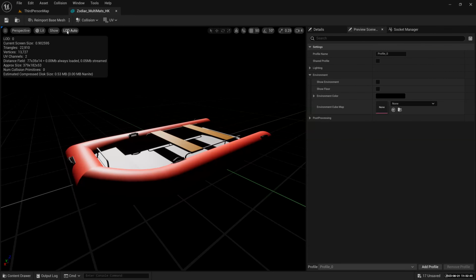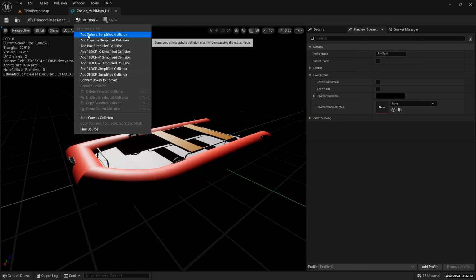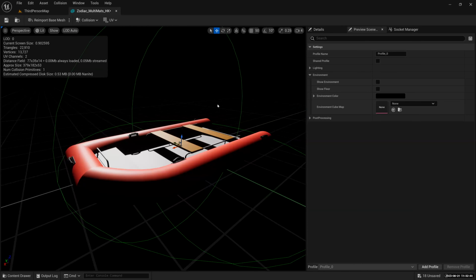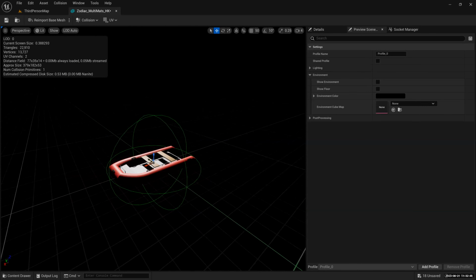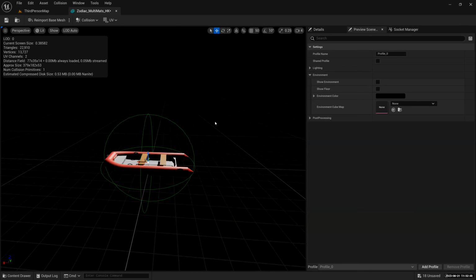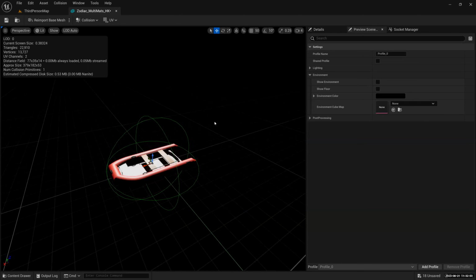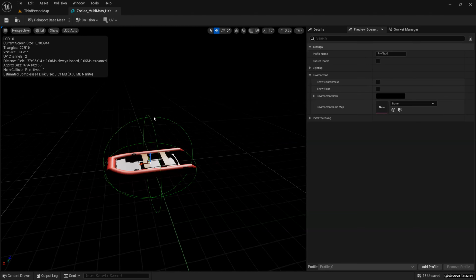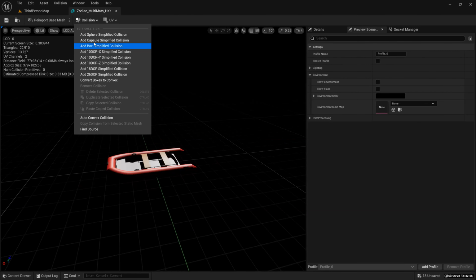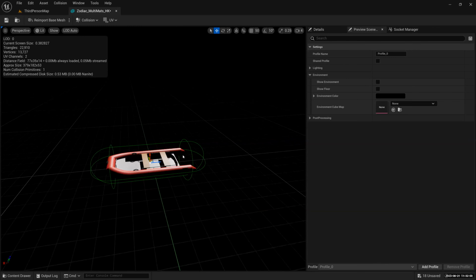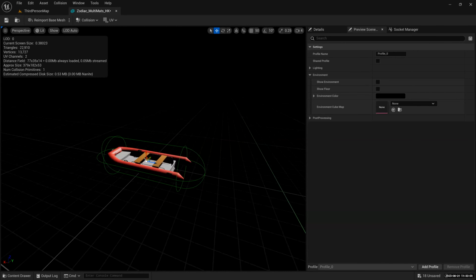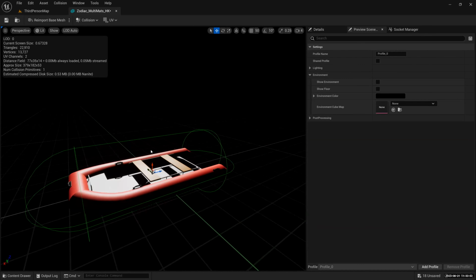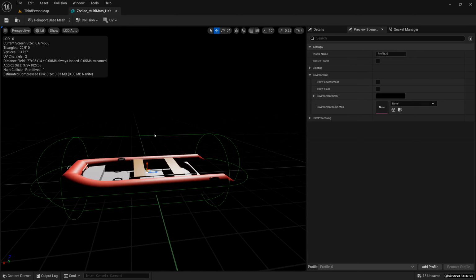Okay, let's create maybe a simple sphere collision. Does it make sense for it to have a sphere collision? Doesn't make sense, right? Because it's covering up the whole zodiac. It's not correct. So let's delete that. Let's try capsule collision. Makes more sense, but if you're just having it as a background thing and people don't bump into it, it's fine. But for our case, it's not used.